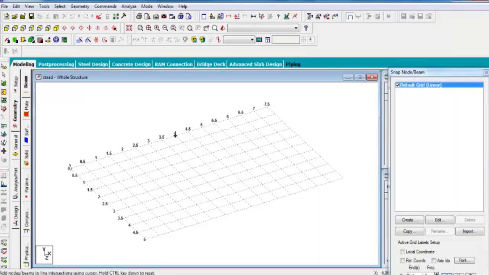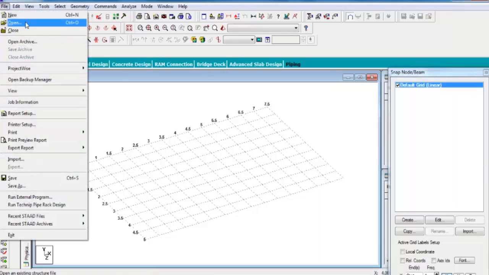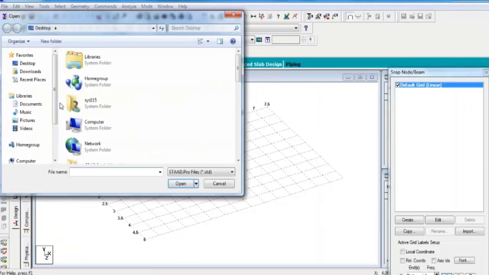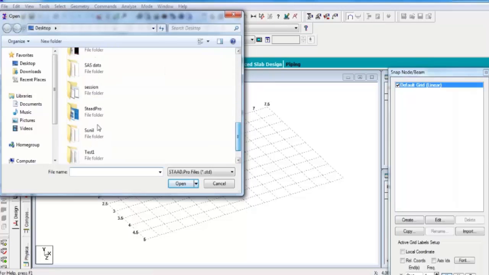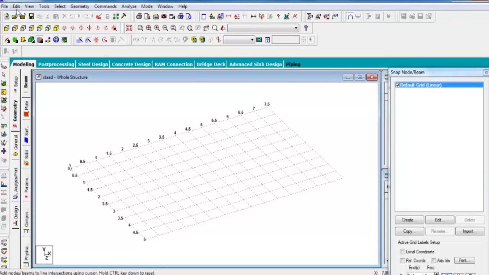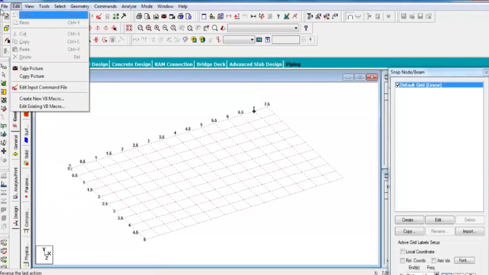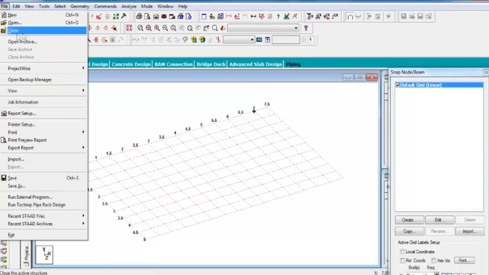After that, to open another project, click on open and select the other project and open. These are the same options you use in other software.